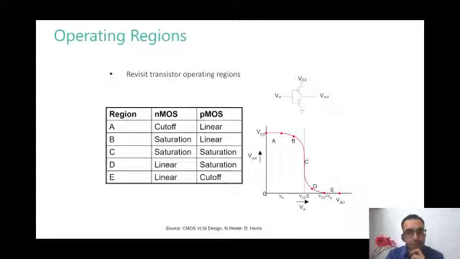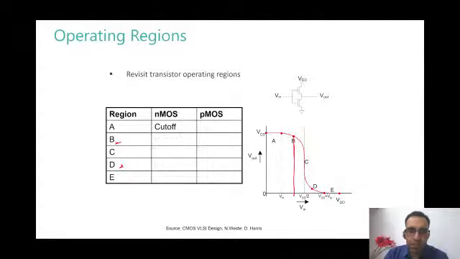Sir, can you explain? I have a confusion in region B and D. So, do we want to go back to the curves once again and see? So region B is when your Vin is between VDD by 2 and VTN. So let us say it is 0.4 of VDD. 0.4 वाला curve देखें.